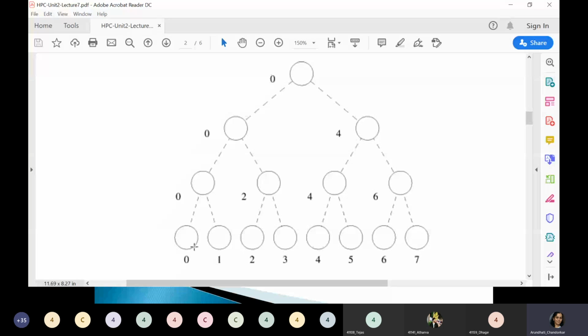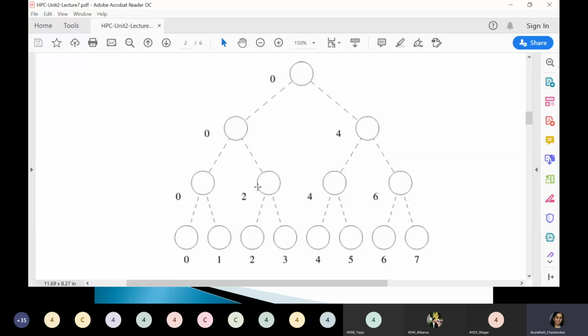Processes are numbered from 0, 1, 2 up to 7, that is P0 to P7. Just go on collecting the results. At the next level, how many tasks are there? Only 4. How are you mapping this? Again you map to process 0. This also we had seen, the same process is used to minimize inter-process communication. The second task goes to P2, this task uses P4, and this uses P6. Again just go on collecting the results and go to the next level.